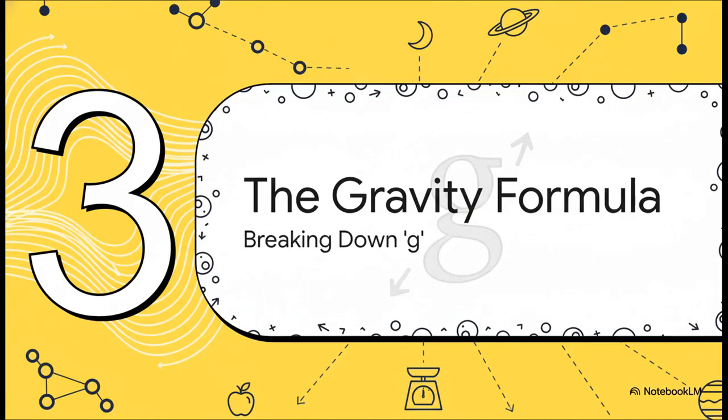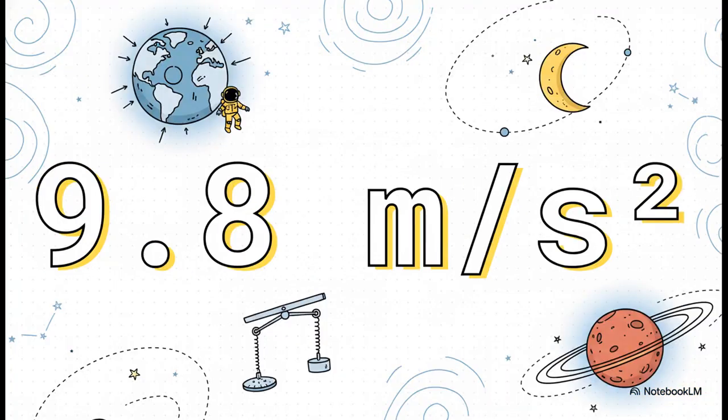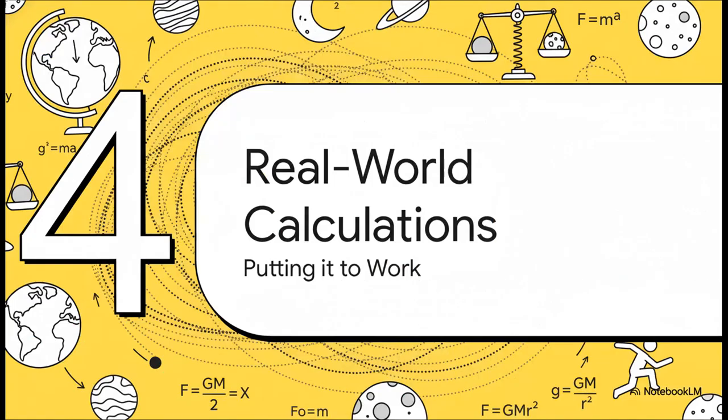All right, let's jump back to our formula for a second. Because the real secret to finally getting the difference between mass and weight, it's all hiding in that little letter g. Right here on the surface of our planet, the acceleration due to gravity, our g, is pretty much always this constant number, 9.8 meters per second squared. You can kind of think of this number as the strength setting for Earth's gravitational pull. If you were on, say, Mars or the moon, this number would be totally different, and that's exactly why your weight would change.